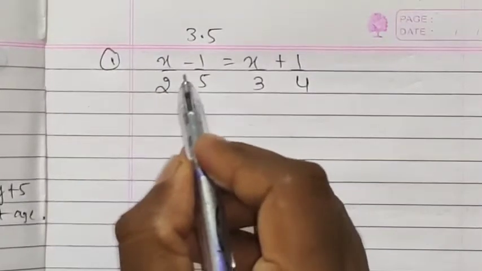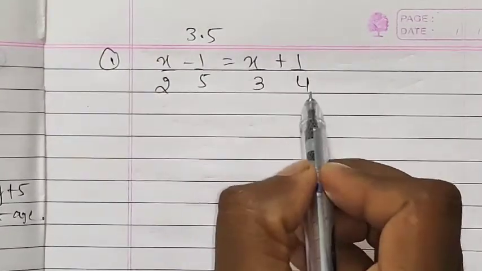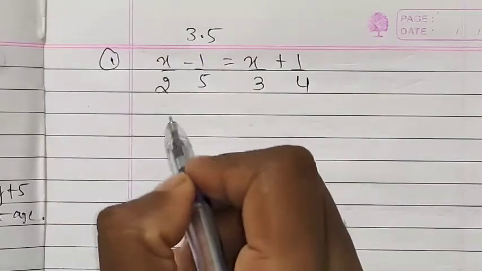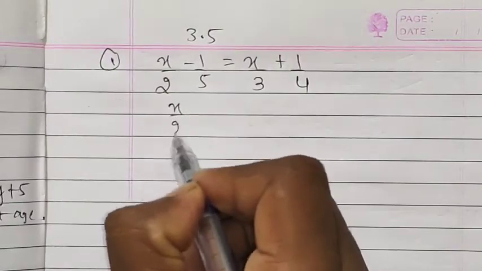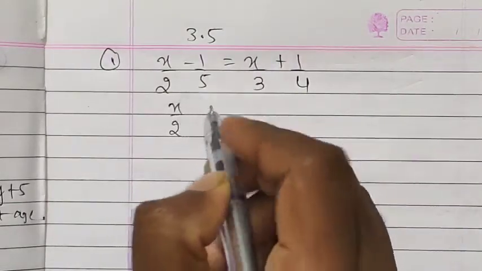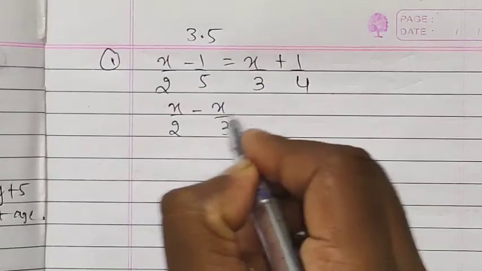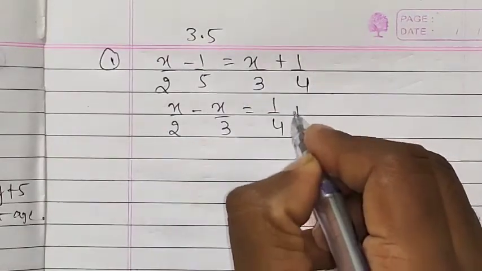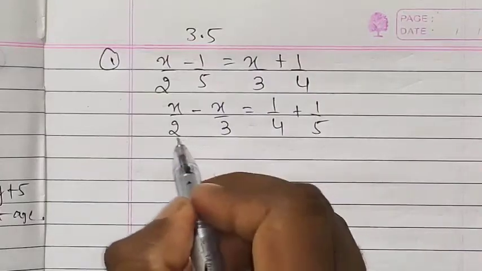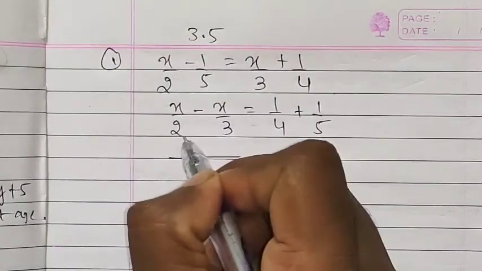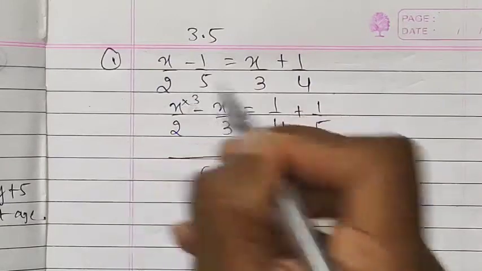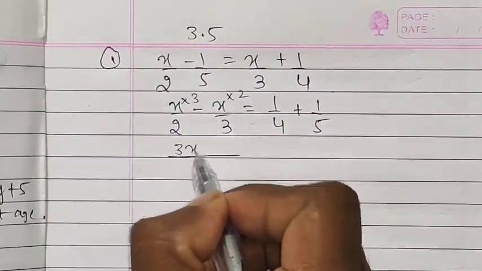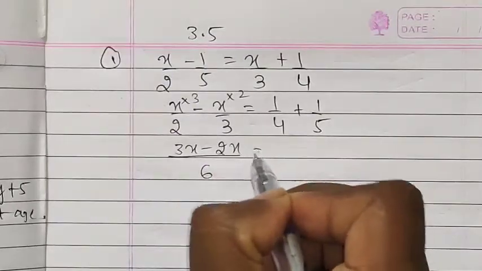x by 2 minus 1 by 5 is equal to x by 3 plus 1 by 4. First we will make variables one side, constants one side. x by 2 as it is, x by 3 I will shift to the left side, it will become minus x by 3, equal to 1 by 4 as it is, minus 1 by 5 I will shift to the right side, it will become plus 1 by 5. 2 and 3 LCM is 6. 2 threes are 6, 3 twos are 6. 3 into x is 3x minus 2 into x is 2x is equal to,